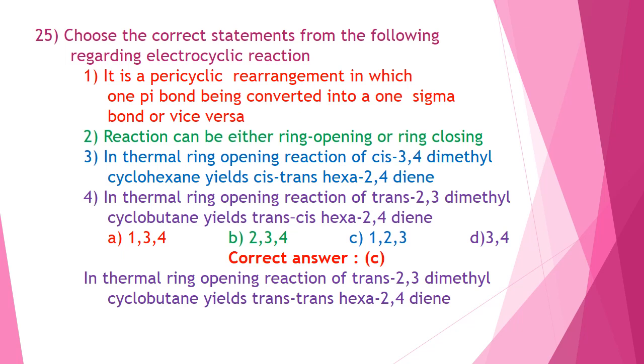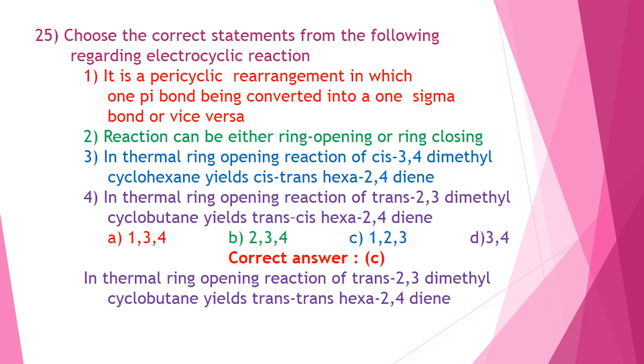In thermal ring opening reaction, cis-3,4-dimethylcyclobutene yields cis,trans-hexa-2,4-diene. It is also correct. 4. In thermal ring opening reaction, trans-2,3-dimethylcyclobutene yields